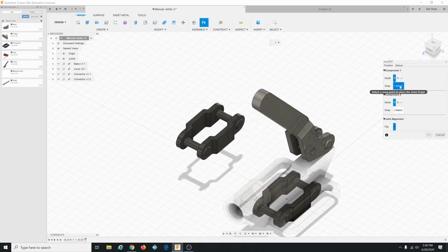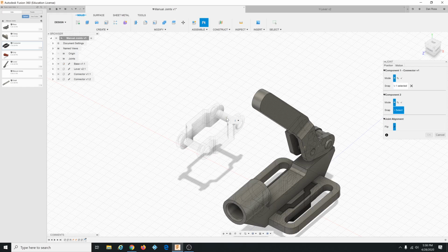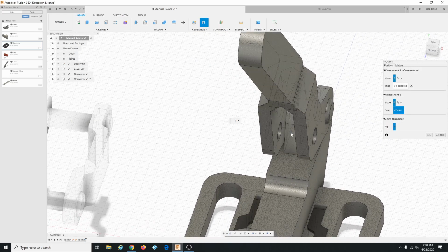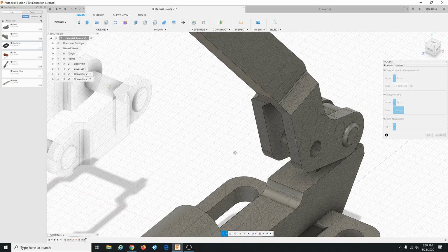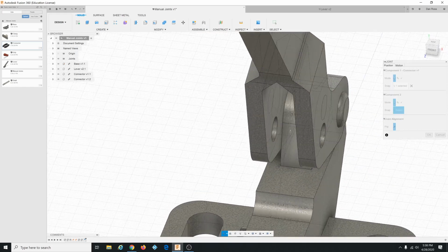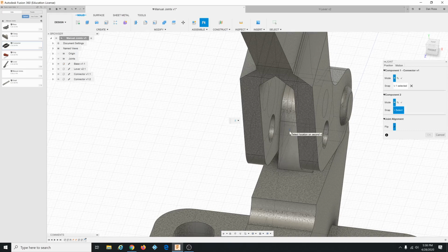Okay, the first component will get selected when we select the snap for it, and the snap for it is this guy in the middle of this thing. It's letting me select that, so I'll click it. And then the snap point for this guy, if I turn it around a little, I might be able to get it. There, it turned blue. I can get it. I could probably also get it by mousing over this surface and holding down Control. No. Let's see if that works this way. It's not working that way,